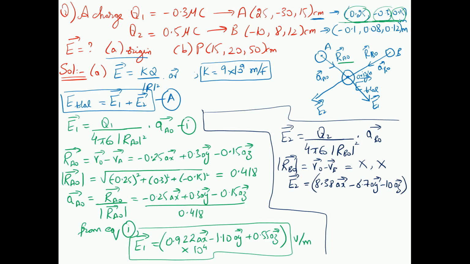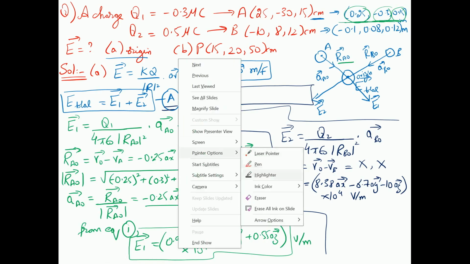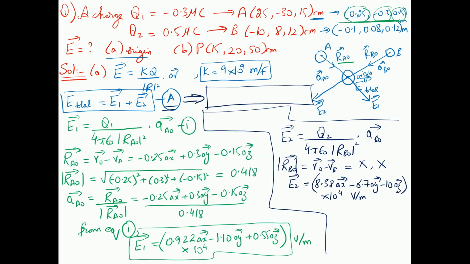Again, this whole term is getting multiplied with 10 power 4 volts per meter. So finally, once I have these two values, the total electric field from equation A comes out to be, the answer, I'm going to write it over here in this box, and let us use the red pen. The total electric field comes out to be the sum of E1 plus E2, and it is 9.30